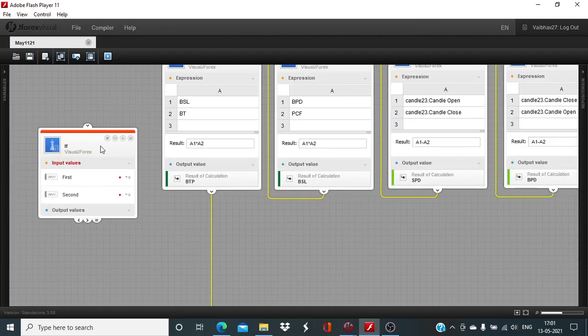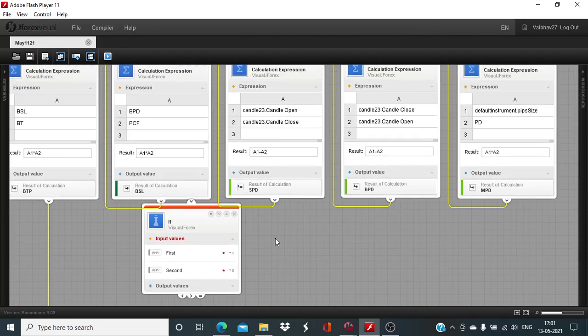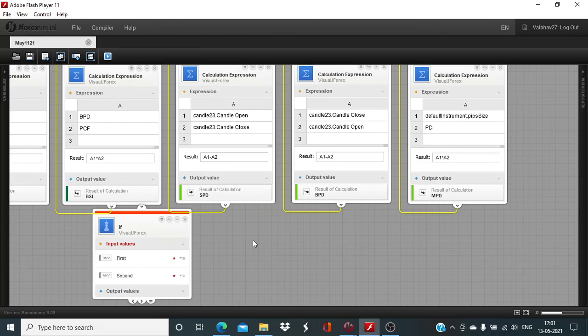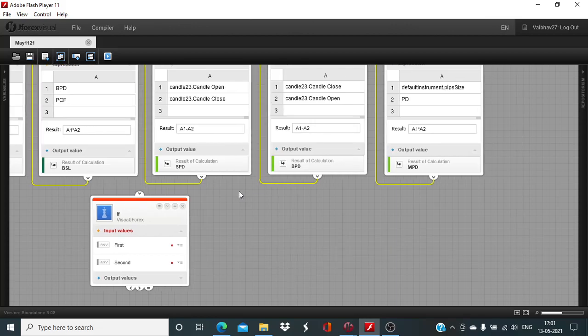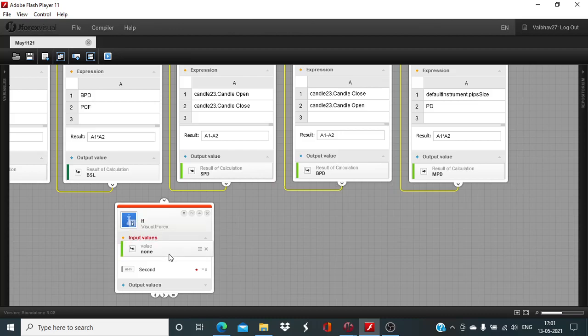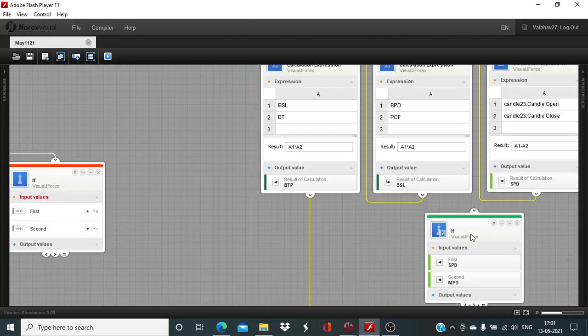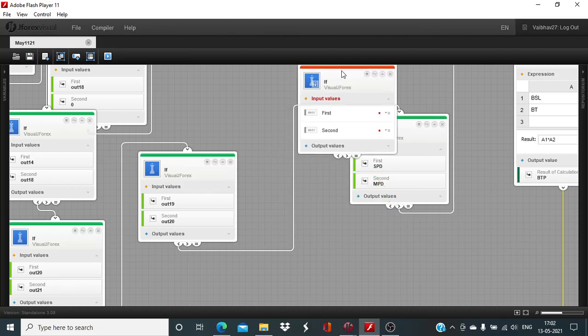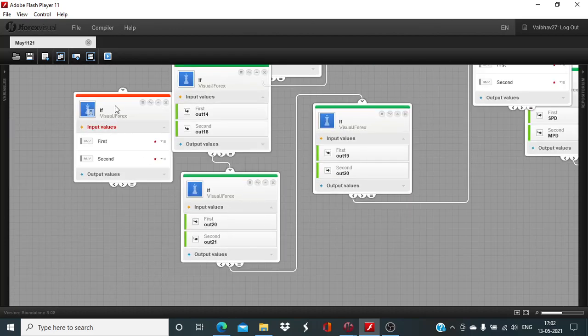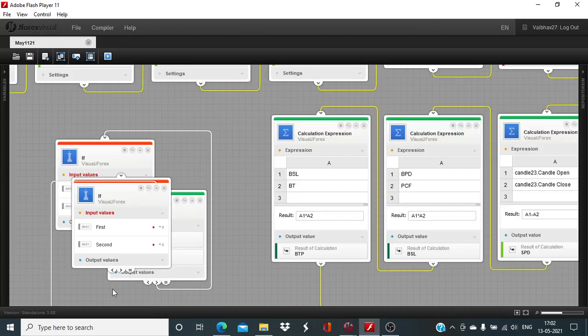Then we shift our attention to the requirement that there should be enough of price momentum. So we want to compare last 15 minutes candle open and candle close difference, and they should be greater than at least 5 pips. So I will join it here. First input greater than second input,